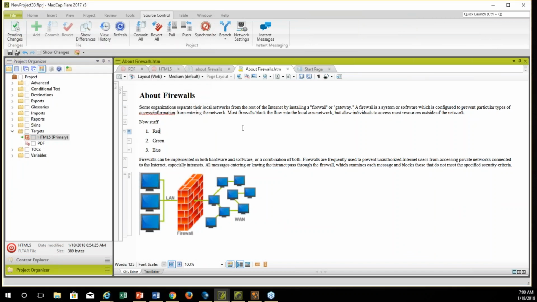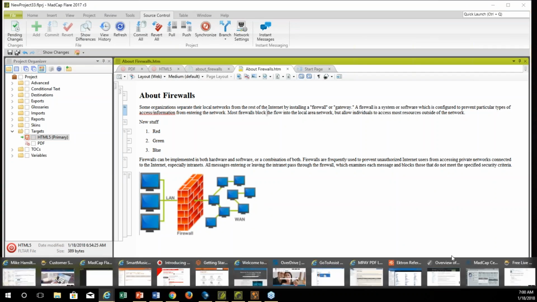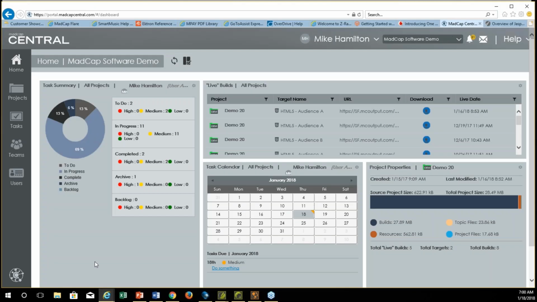And then finally, somebody asked earlier about Central. So if you're not familiar with Central, let me pull it up quickly. This brings the other part of content management to the table, the management part. We only have about 1 minute left, so I'm not going to go through the whole process, but you would